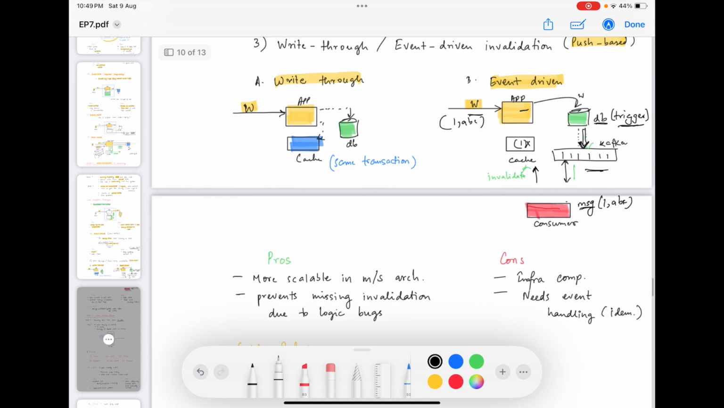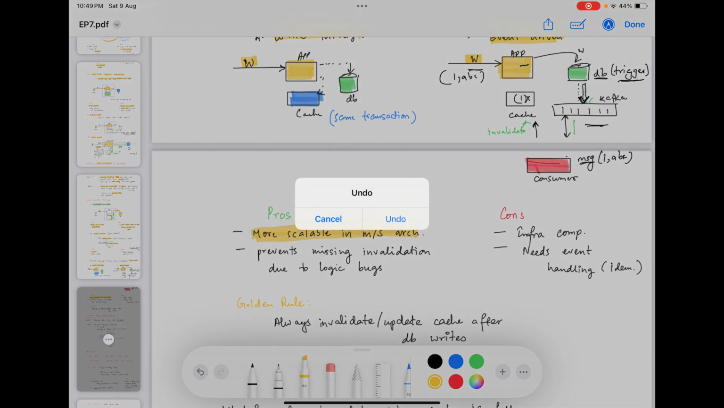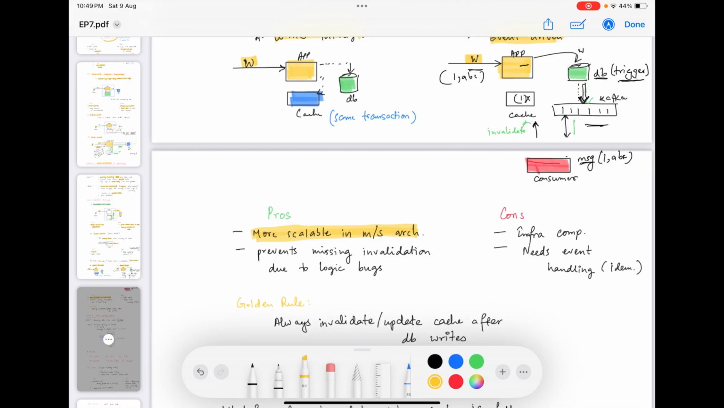This approach is very commonly used in microservices architecture, and it is scalable as well, because we are introducing independent components that can scale independently. It also prevents missing invalidation due to logic bugs that can occur in the above approaches that we discussed. The disadvantage of using this approach is it introduces new infra complexity, because we are introducing a new message queue and a new consumer component, and all this needs event handling,